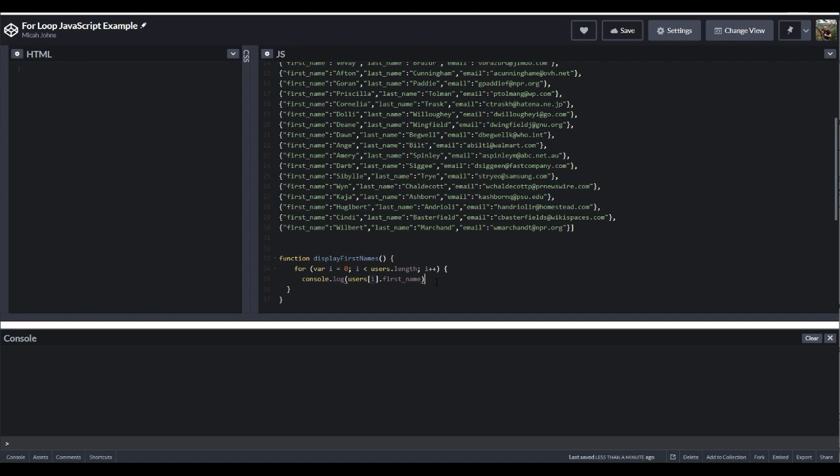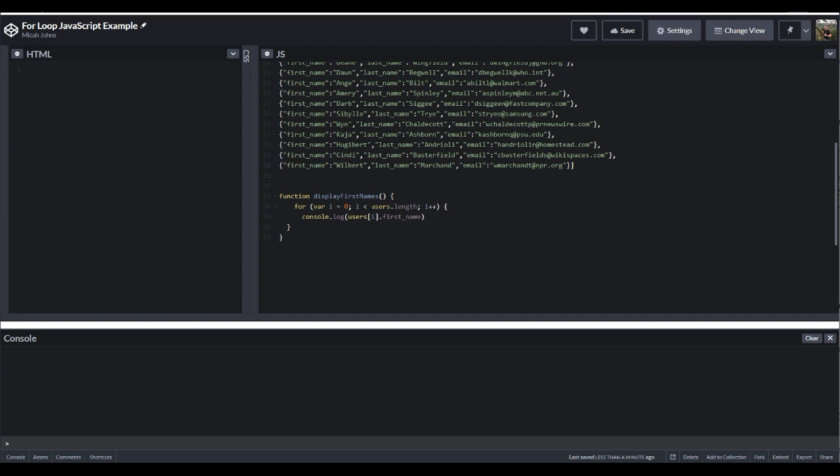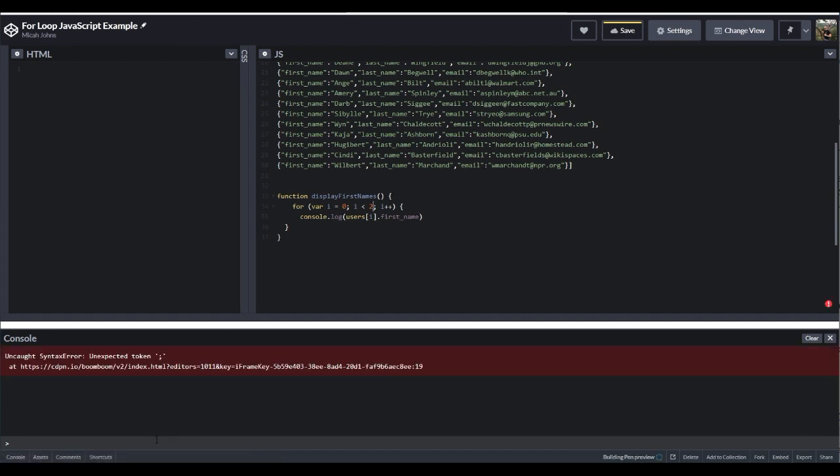So we could change this to last name, we could change this to email, we could change this to anything in our object, but all we know is that we're going to be getting each iteration of this list because we've defined this right here. So I'm going to go through a couple different parts of this. First, let's break into the for loop, because this will help you understand this a little bit. So if I say if i is less than 2, right, then when I run this,